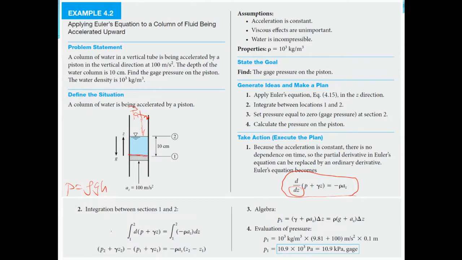And then when we collect like terms, because at point 2, P2 is 0, because it's atmospheric,